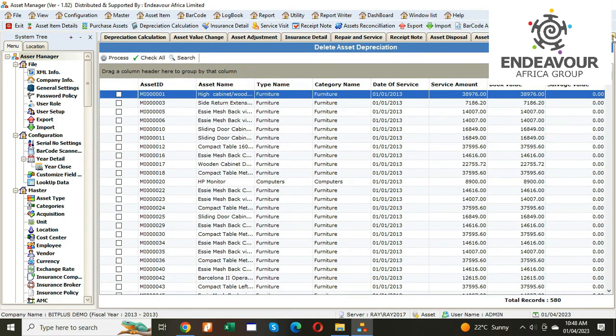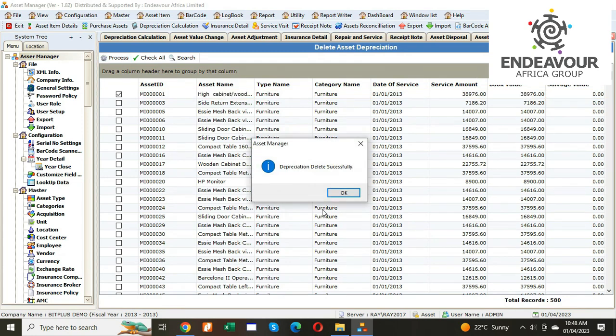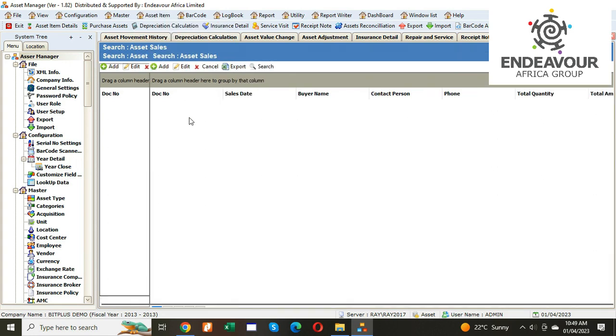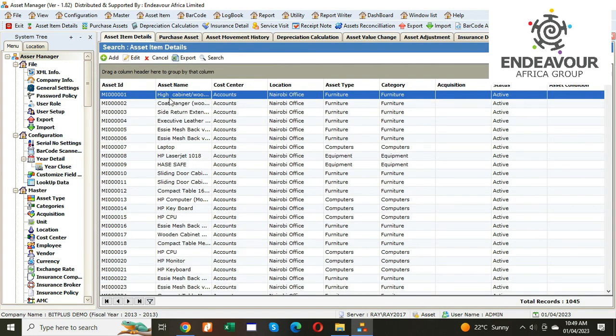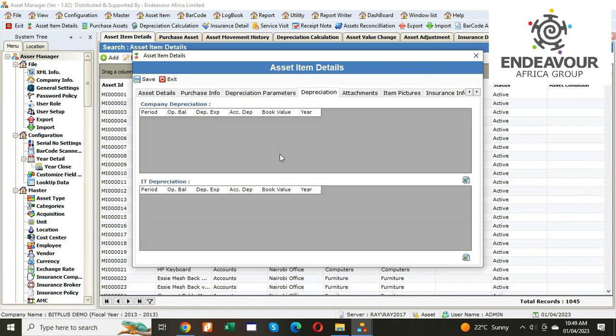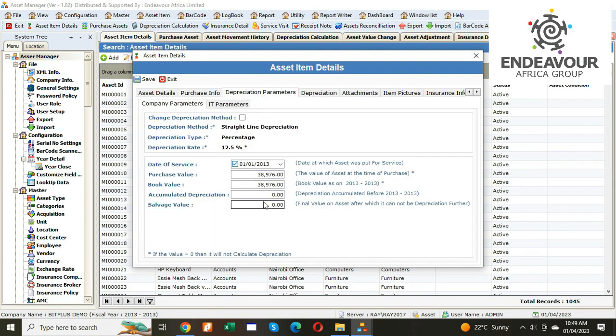There, then you decide on which assets you want to delete. So the moment you delete, like if I take this first item and process, deleted successfully. So if I went to the asset item and checked on that particular item, this one, you will not see the depreciation done. You can see, so it has been deleted,